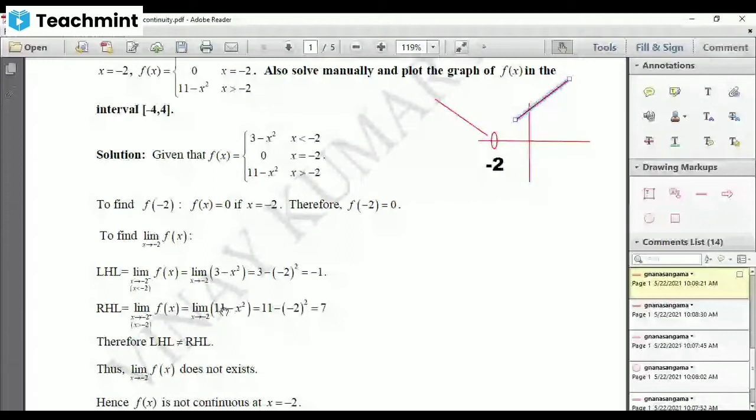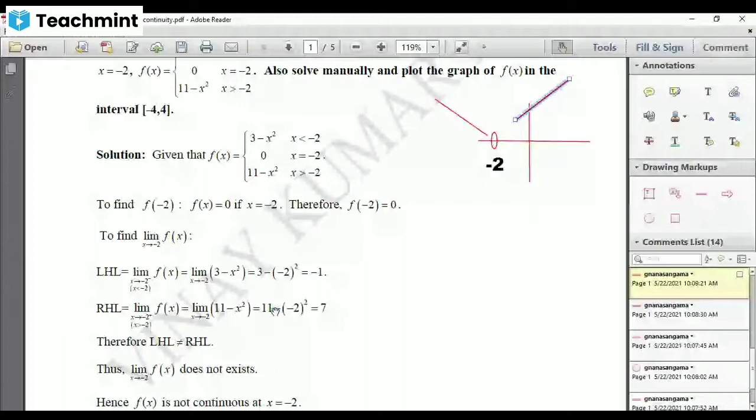As I said, if your x is greater than -2, because there is a square here and the denominator is 1, you are not going to get a negative term here, and therefore you are not going to get infinity as well as indeterminate. So straight away I can apply the limit. If you apply the limit, you will get x as -2 whole square. -2 whole square is 4. 11 minus 4 is 7.